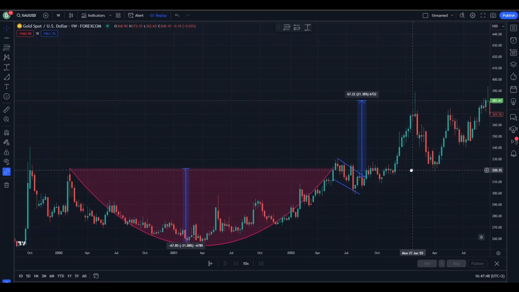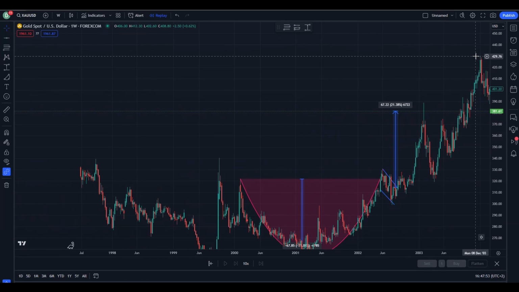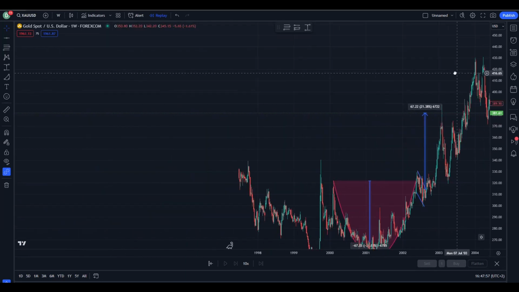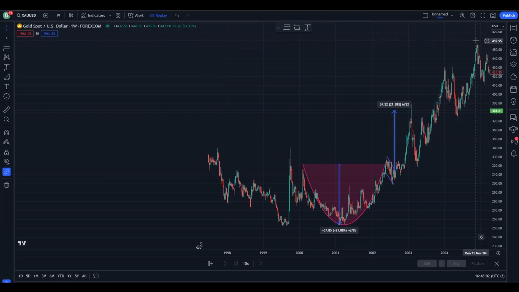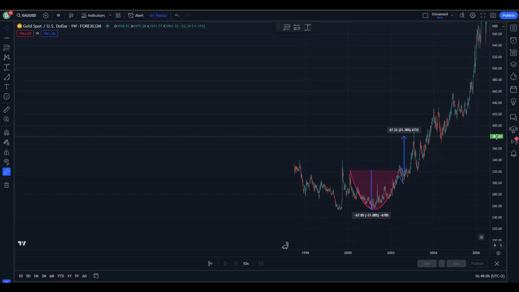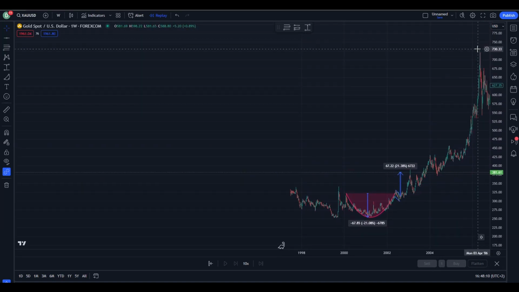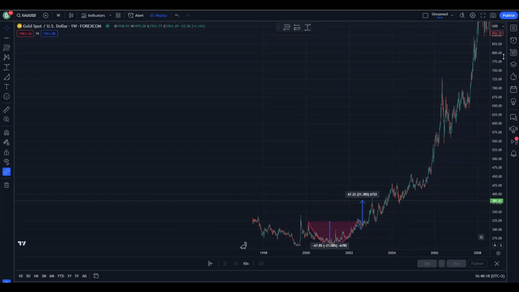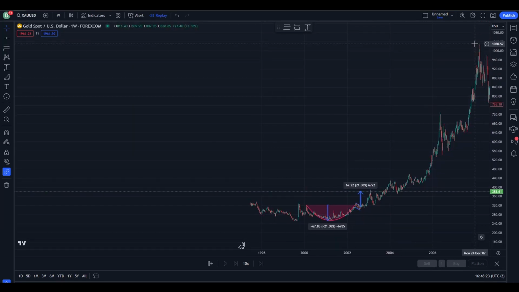But after that it started fluctuating, and then over here it jumped to 430, and moving further in time, here it got to 450, and here it did a colossal explosion that took the price as high as 730. There was another massive pullback, and then another huge explosion, which took the price as high as